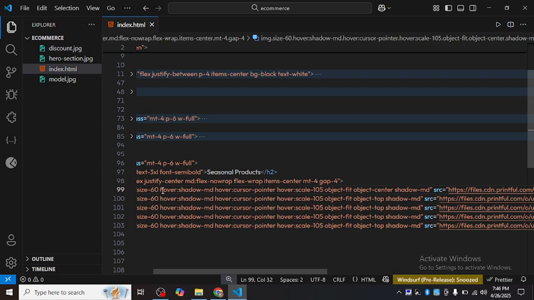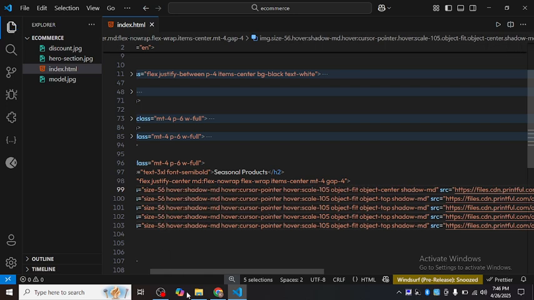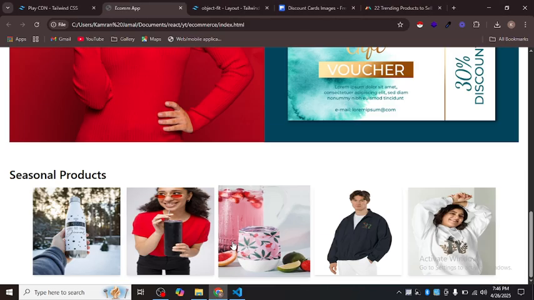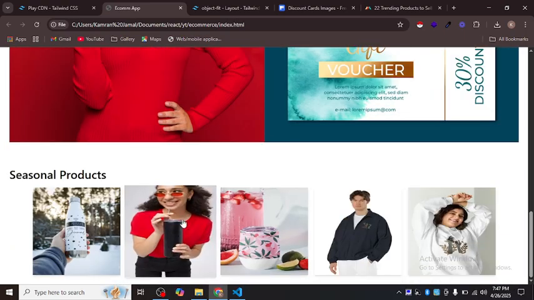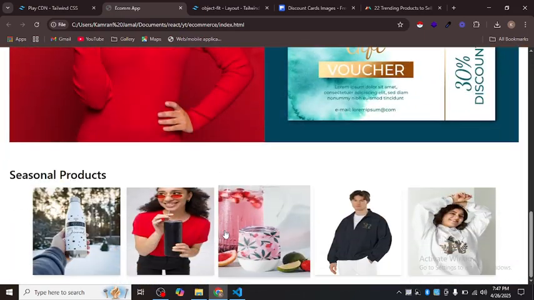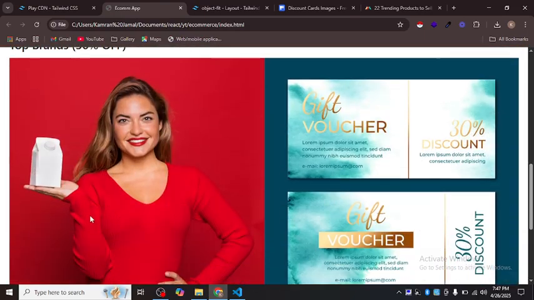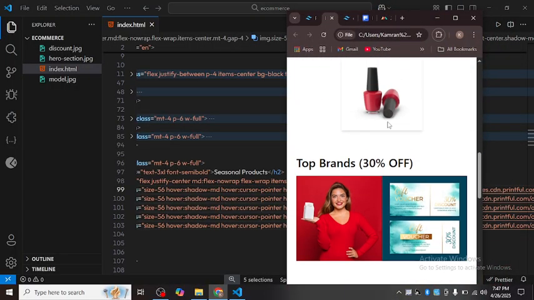Okay, I think there is some other issue with this. So for this size I can choose this and go to 56, I think. Now it is looking pretty well. Okay, so I brought this to seasonal. This is now looking pretty well, but I have not made this section responsive. Okay, this is already responsive. This is looking pretty well,